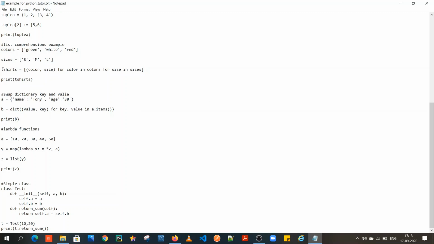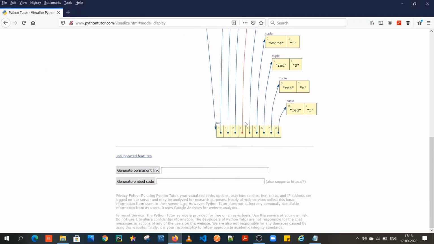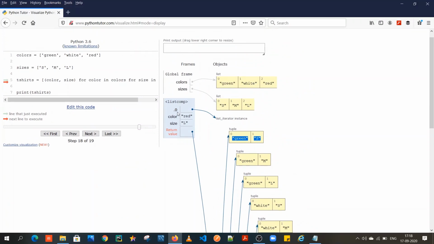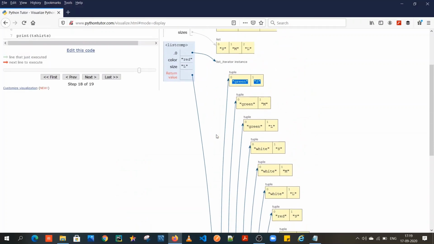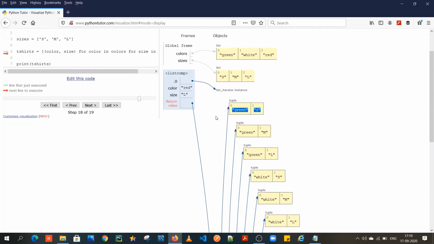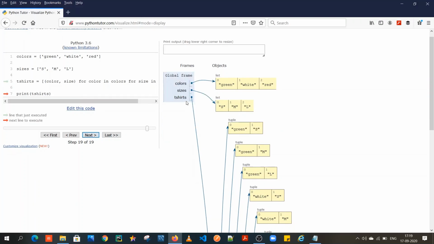If you read this line, it would not make any sense initially, but if you look at this, it makes it so simple that this whole operation has resulted in a list consisting of 9 elements, and each of these is nothing but a tuple. So this is how this utility is useful. Let me do next one last time, and then this is the print of t-shirts, which is another list of tuples.